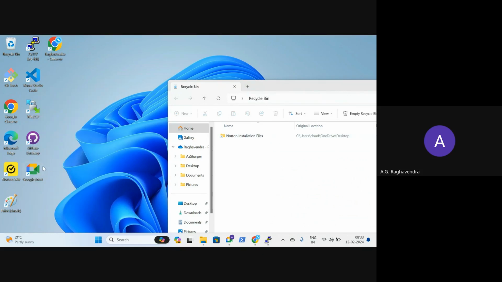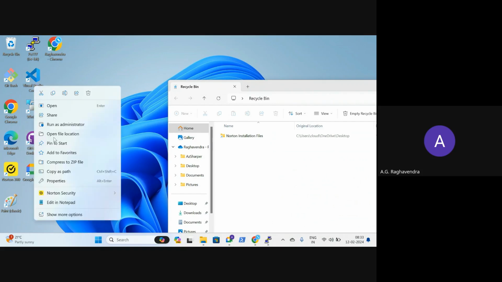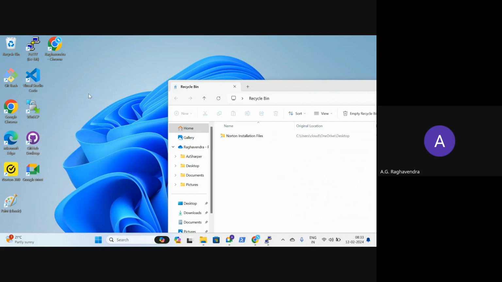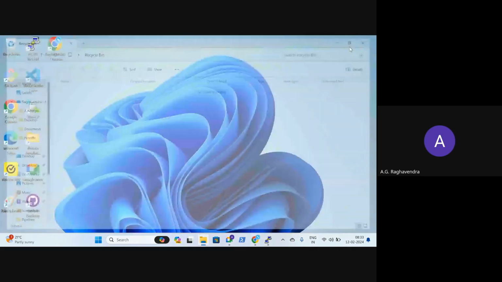Now I delete this too, and that also goes into the recycle bin. If I select all, right click and say restore, everything will come back. So the recycle bin is an advantage with Windows.